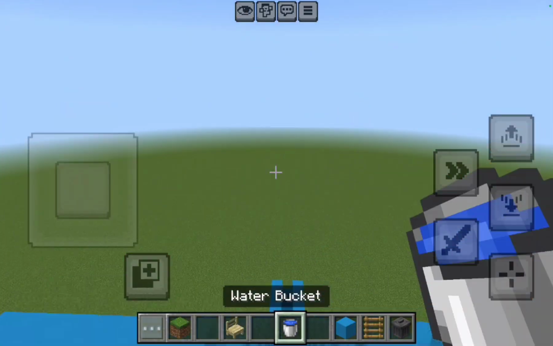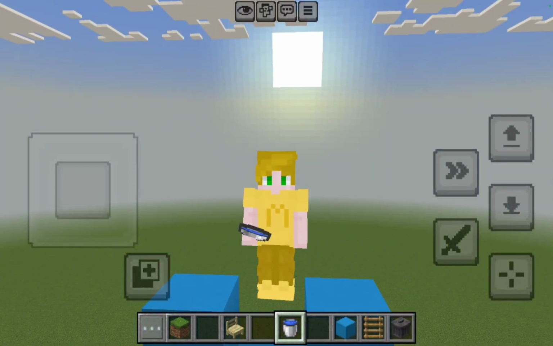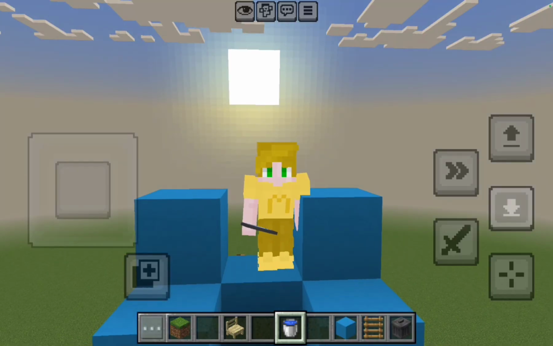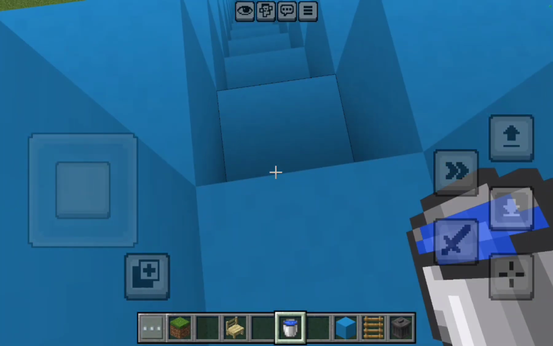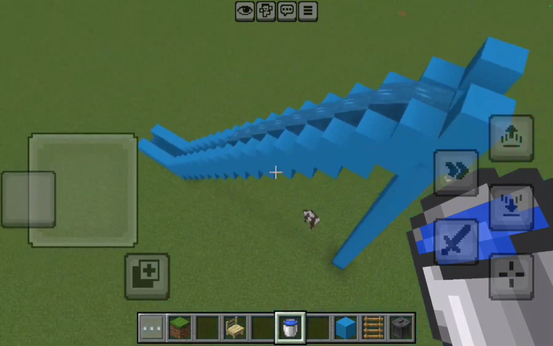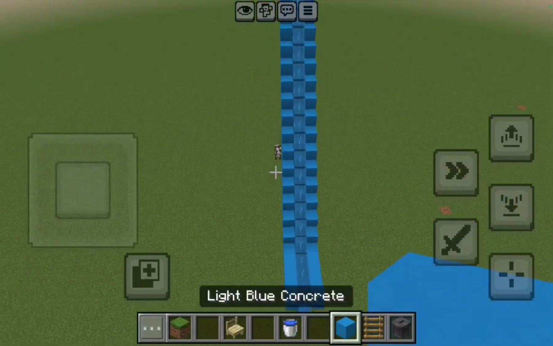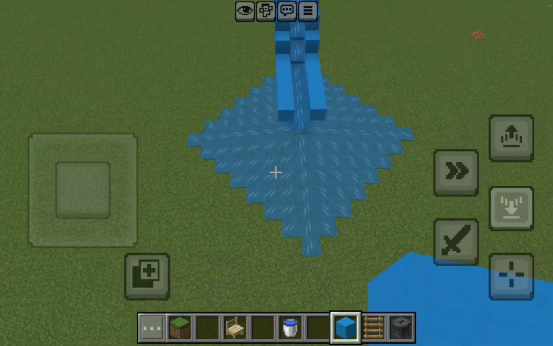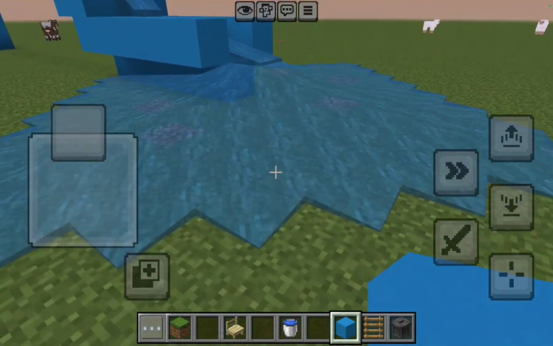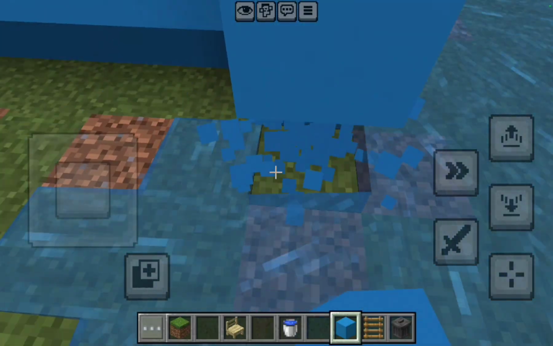Now it's time for the best part. It's time to add the water. Gonna be really cool as well. Let's just add it like I think over here. Now the water will slowly flow down the slide and then it will flow onto the floor, which is exactly what I needed. Now I can just come over here and then